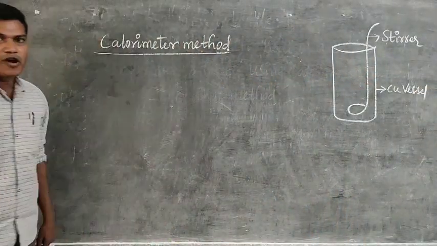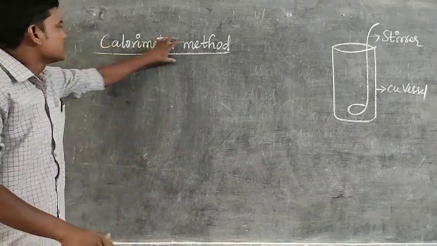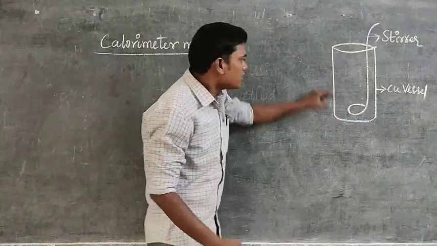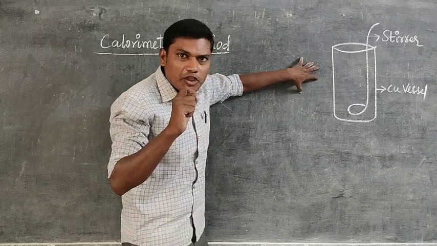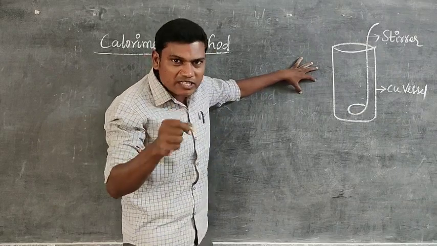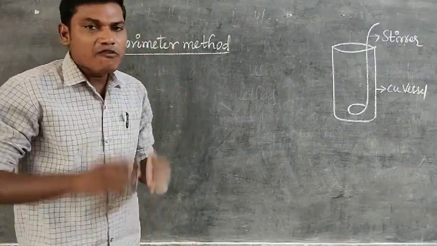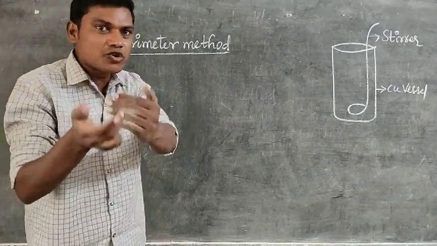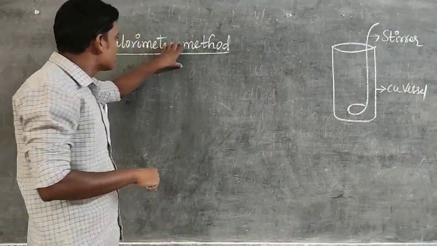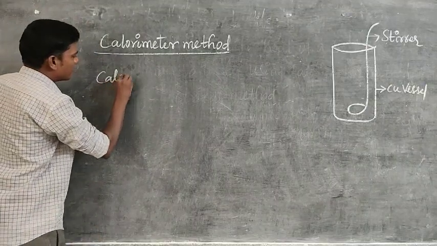So now come to that point. How we can find the specific heat of a solid by using the calorimeter method. Come to this from the diagram. When we do any experiment, we must have some apparatus or materials. Which materials are required for us? To find the specific heat of a solid by using the calorimeter method, we want a calorimeter,